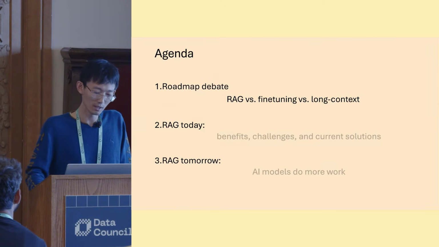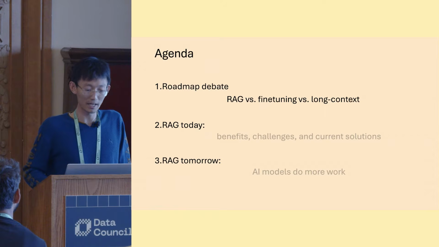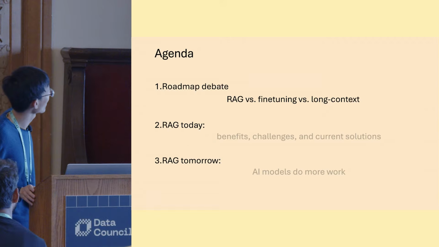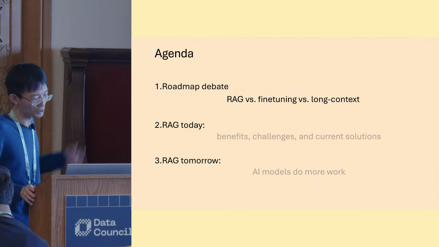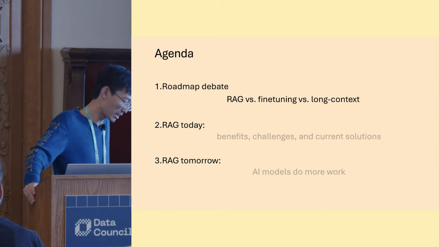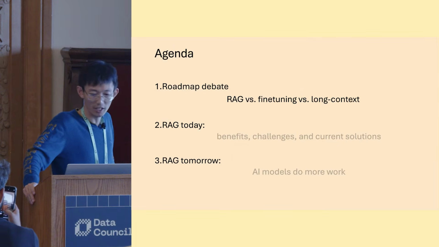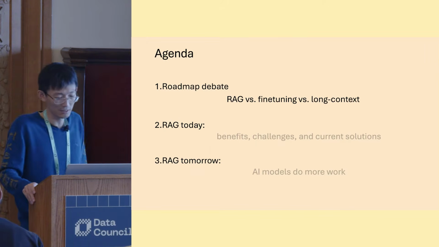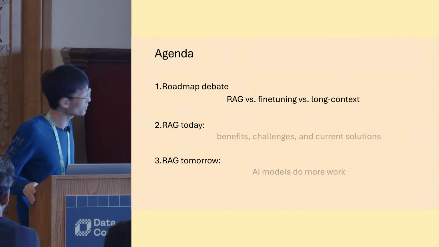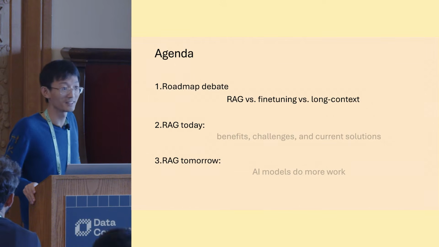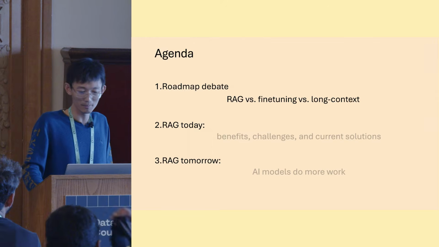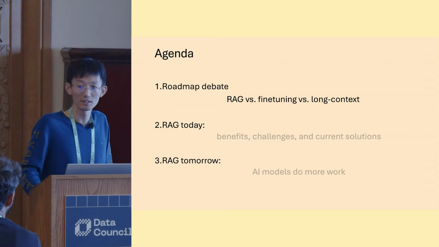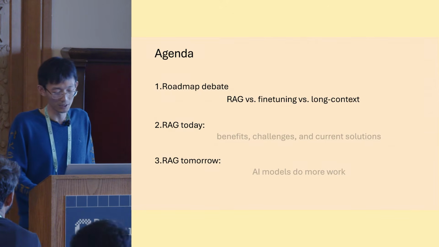Anyway, let me very briefly review some of the debate in the last year and a half on whether you should use RAG, fine-tuning, or long context. There are probably two debates: one around early to mid-2023, about RAG versus fine-tuning, and another about RAG versus long context around the middle of last year. I feel like most of the debates are actually settled to some degree, and settled in favor of RAG. Of course, all of these methods may coexist eventually, but I think RAG probably has the most applicability.